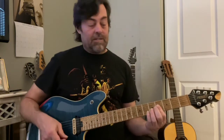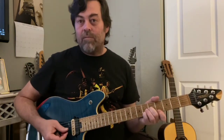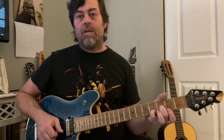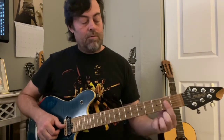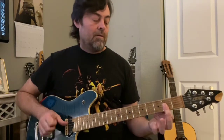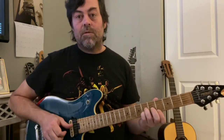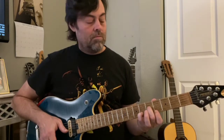Then we've got G flat 6. Here's that same shape that we saw with D flat major 7. I'm using my pinky because functionally for me it's easier. If you know how to play D minor, some people use the 3rd finger, other people use their pinky. It's the same shape, just move it up 1 fret and you get what functions as G flat 6. And then the final chord is a bar, again, all 3 strings, 1, 2, and 3, but now at the 2nd fret, giving us G flat minor. 1, 2,